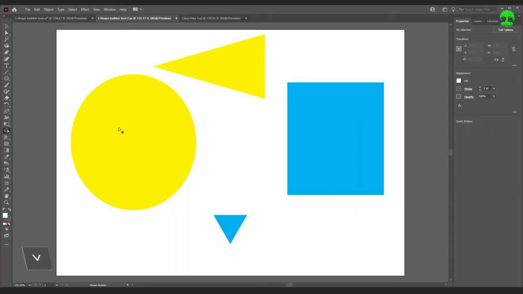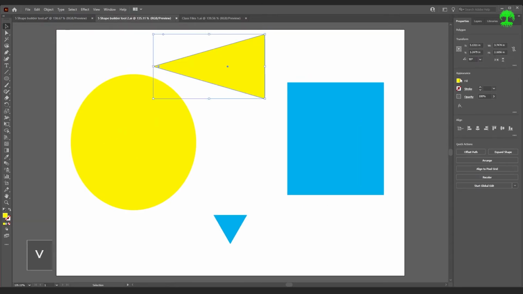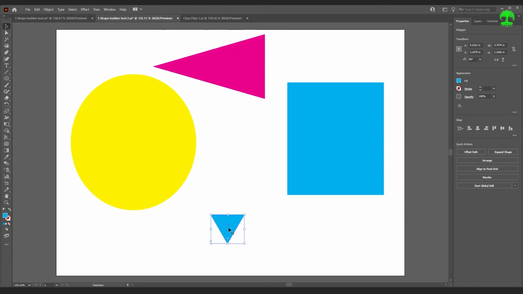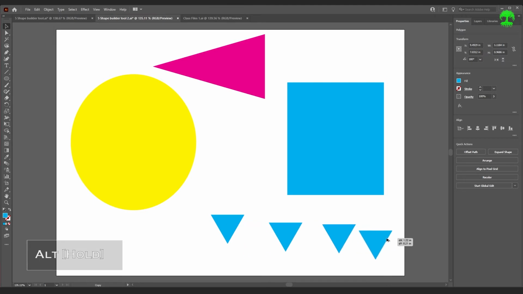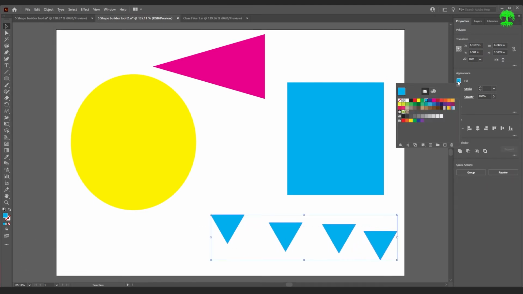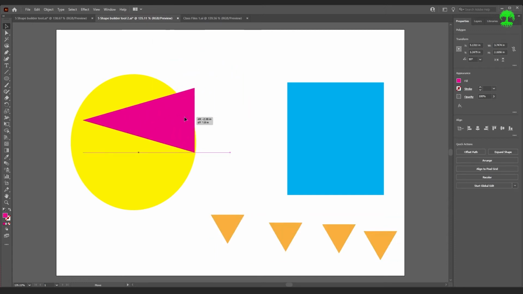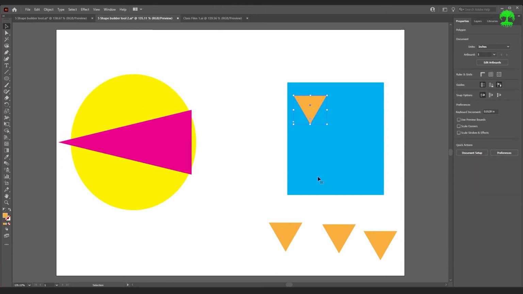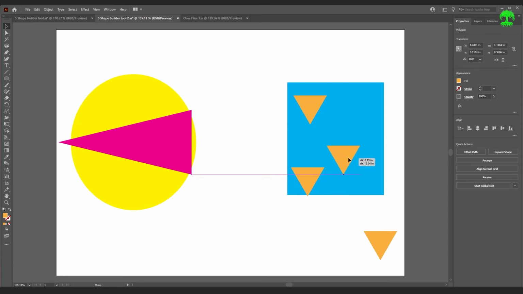Let's take the selection tool. Let's make this a different color, just so we can see what we're working with. And let's go ahead and make a couple copies of that. And we're going to make them a different color. You can make each one a different color. It's up to you. So I'm going to take this triangle, move it here, and I'm actually going to enlarge it a little bit, and then I'm going to move a couple of these triangles inside